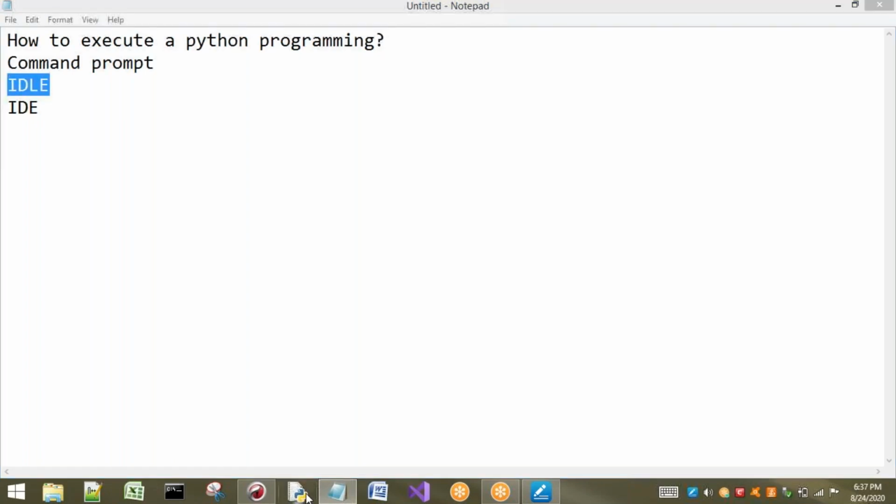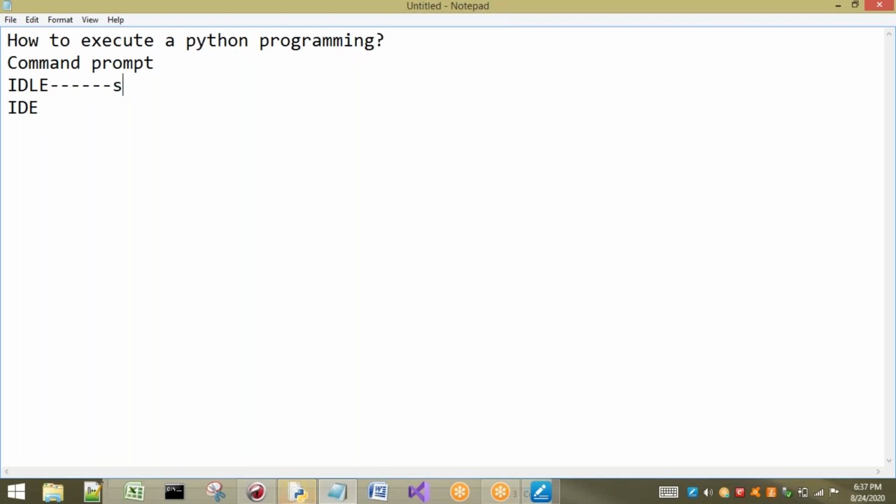As you have installed Python in your laptops, everyone will have this IDLE. If you consider this Python shell, we are going to call it an IDLE. In this, we can execute individual statements, and multiple statements also. IDLE is used to execute single statements, and also we can open a new file and write a group of statements. That means we can write a program also.